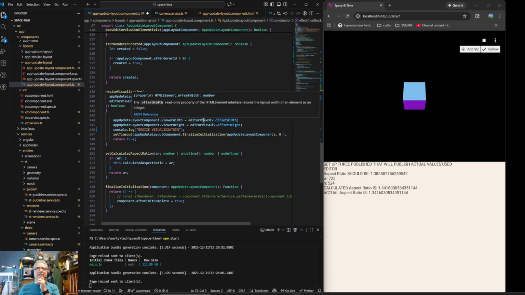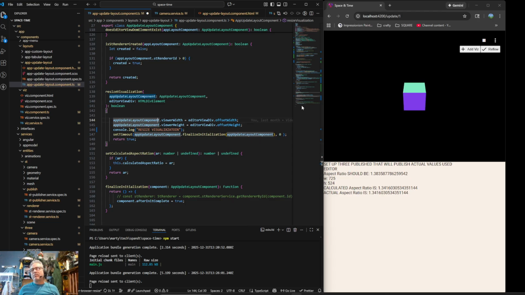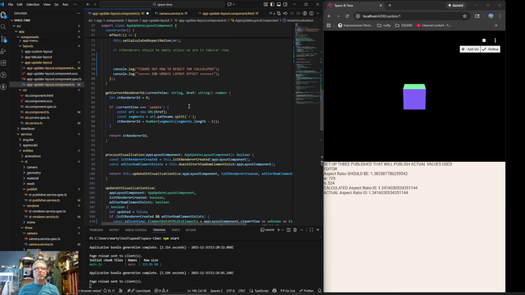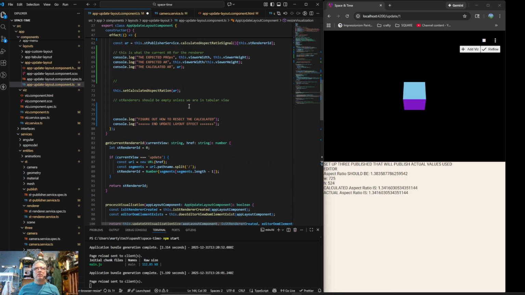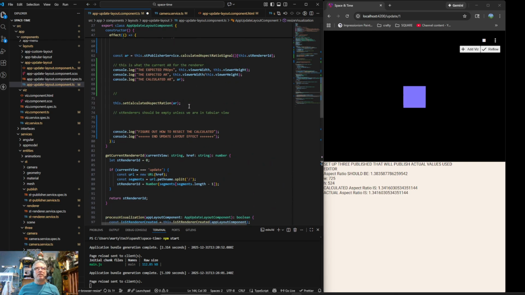Oh, so this is not... I thought this was the app layout component. I thought this was the little visualization. We do not have that visualization. And we know our renderer ID. So let's go ahead and close this one. It kind of seems like inside of here,